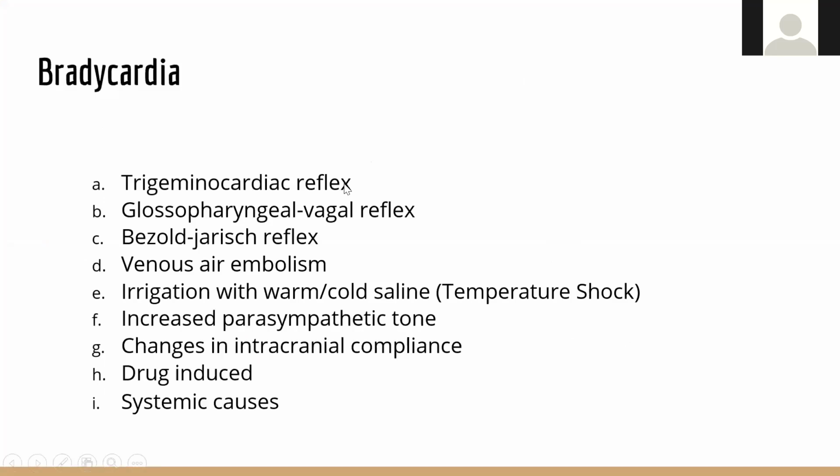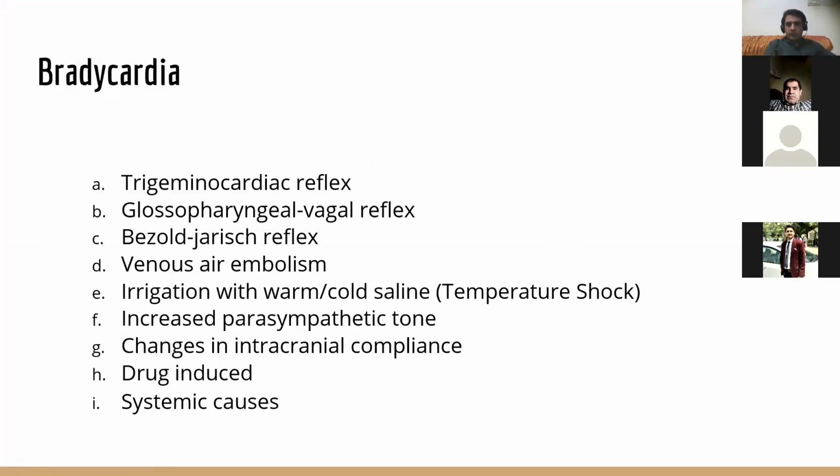So the most common is trigeminocardiac reflex, जो मैंने डिटेल में बताई। There are glossopharyngeal vagal reflex, Bezold-Jarisch, venous embolism, irrigation with. अब हर एक पॉइंट की एक लंबी सी डिस्कशन और डिबेट है, डिफरेंट थ्योरीज हैं, डिफरेंट मैकेनिज्म्स हैं जो उन्होंने एक्सप्लेन किए हुए हैं कि इस रिफ्लेक्स की ये वजह हो सकती है।